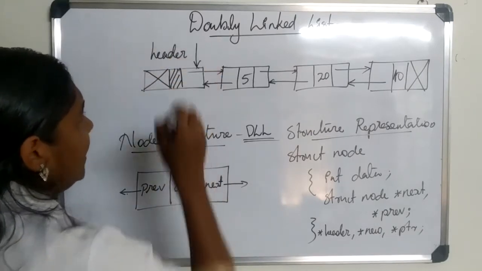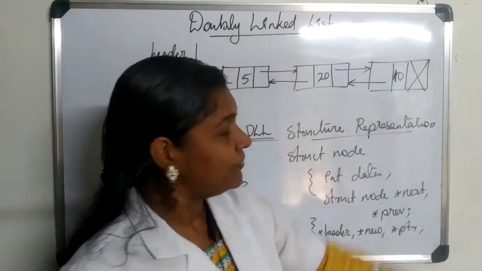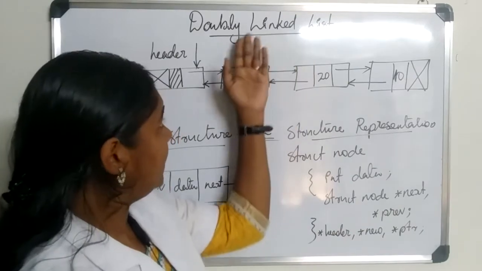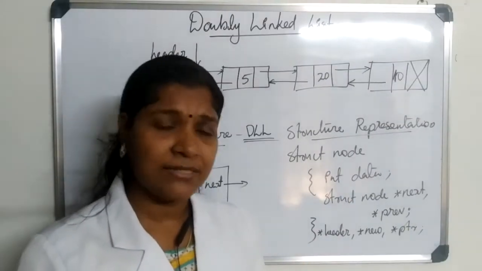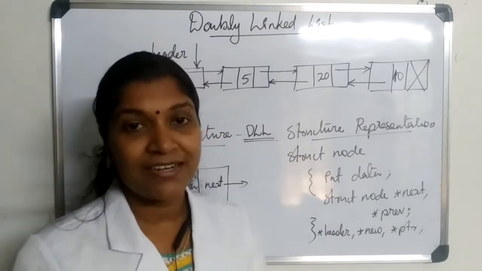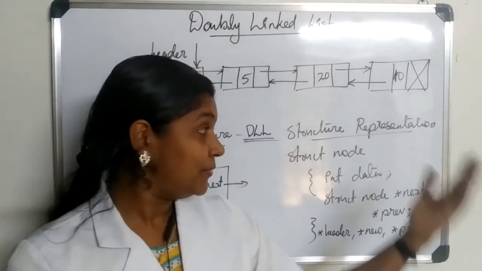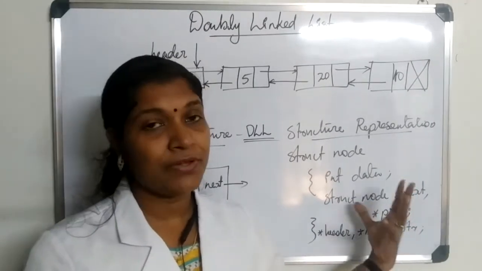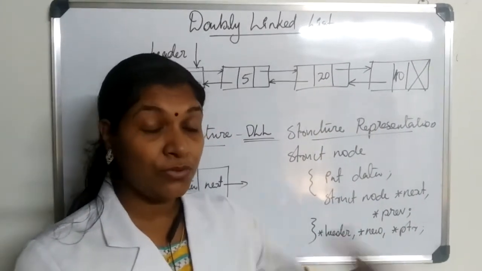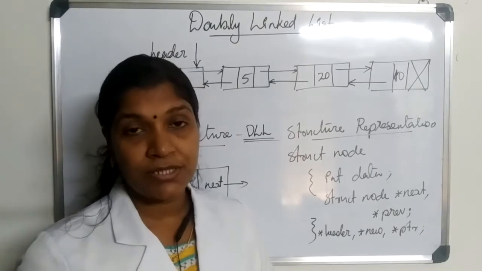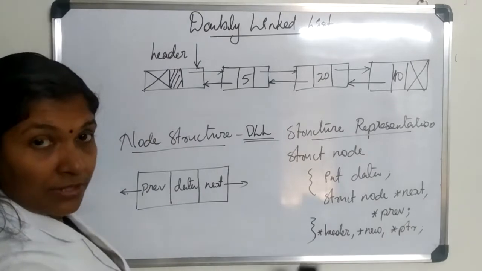So as always, we have a header node, then all the other nodes. So in order to perform any operation, as usual, we can make a pointer here. Then the traversal operation. All these things are simply the same as that of our single linked list. Okay. So first you have to make the single linked list concept clear. Then you come to the operations of the doubly linked list. So along with this node representation, I think we can go through the general operations which we perform in a doubly linked list. Okay. So I hope you have noted down all these points.